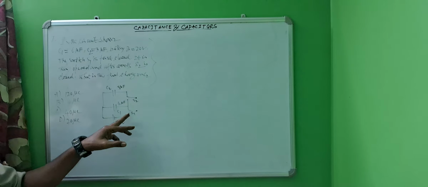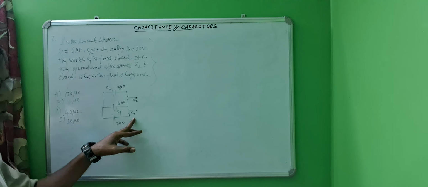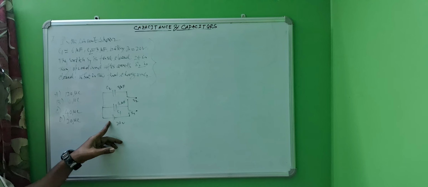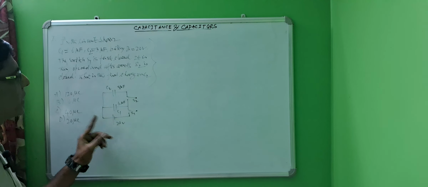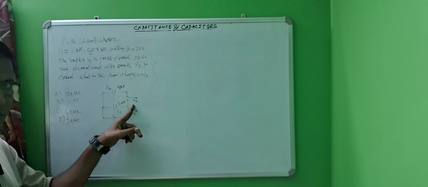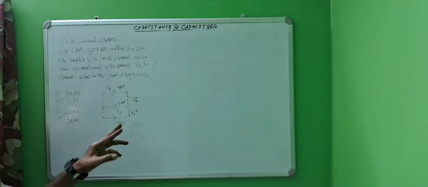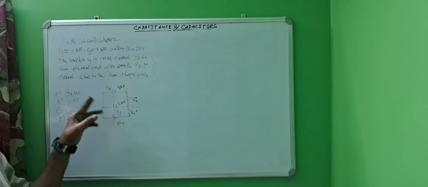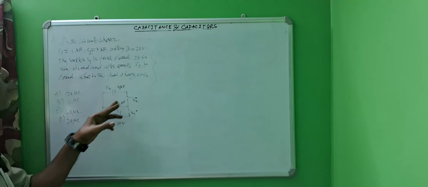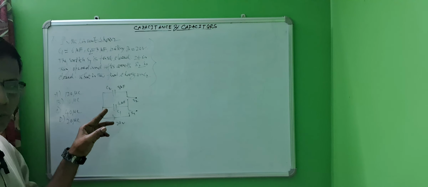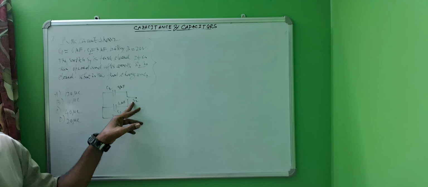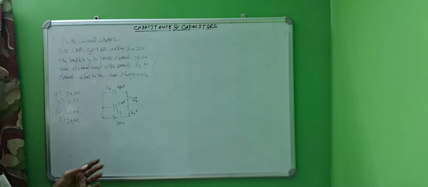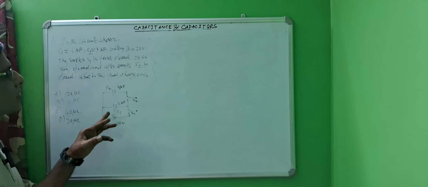First S1 is closed, then the battery charges C1, and this one is closed, this one is open at first, so there is no charge distribution in this loop. After that, this one is opened and this one is closed. What does it mean? It means that the charge which was stored in the